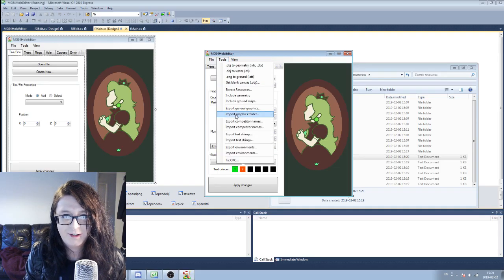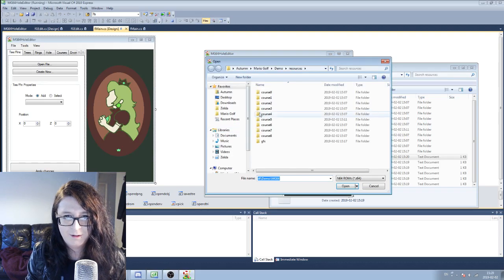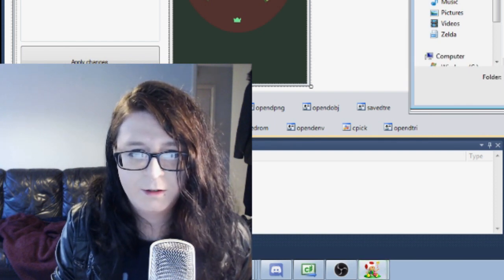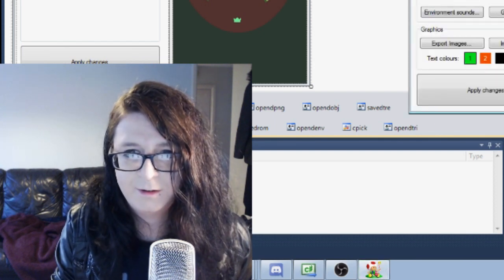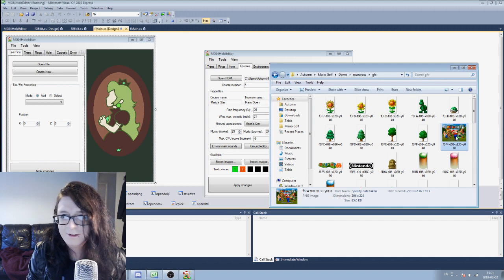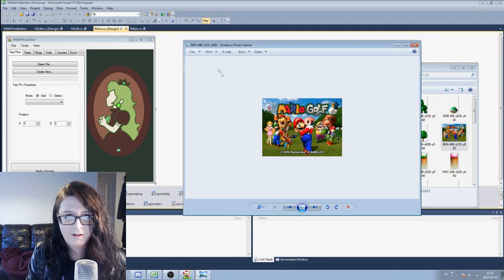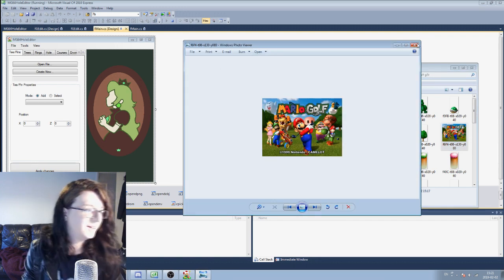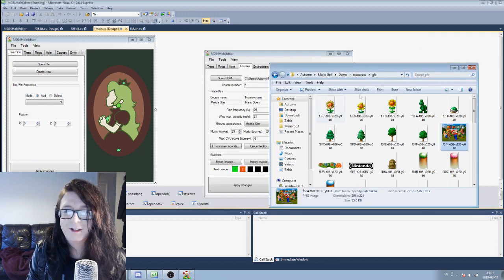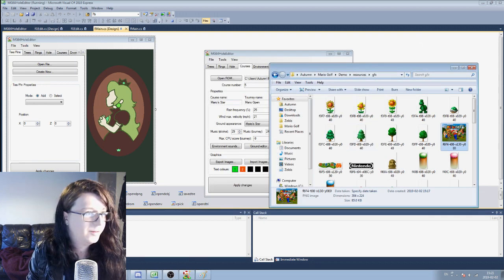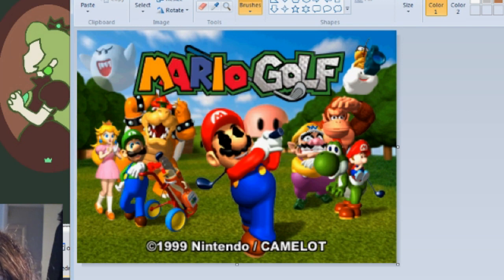And then you can just import it. The program is really annoying to use now that I think about it. And let's open this in Paint just so that I can prove it's this simple. I don't know what that's supposed to be, but